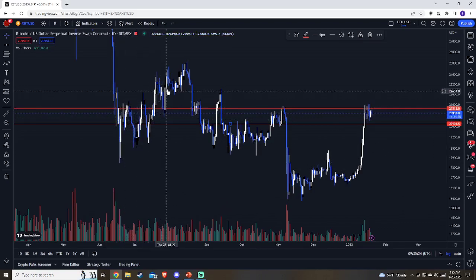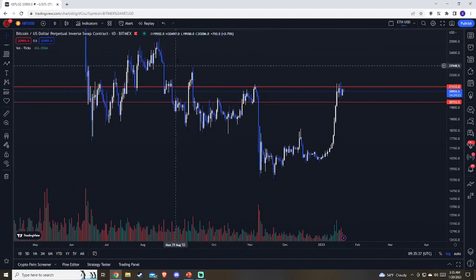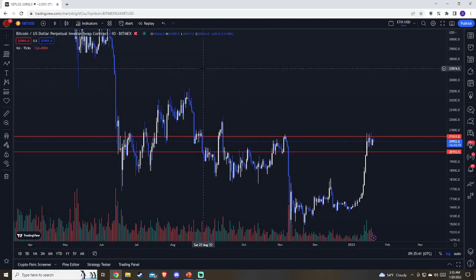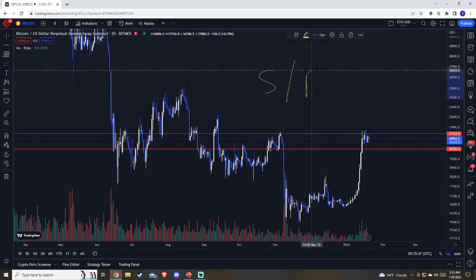As you can see coming into it, we actually did use this as a support. And then when we broke down, we ended up using this as a resistance area, where we continued down on the macro downtrend. So I can't reiterate enough how important it is to really focus on this aspect, and really, when you're looking